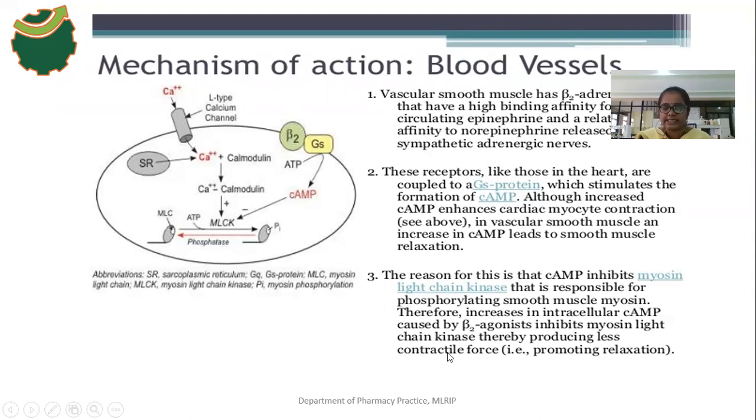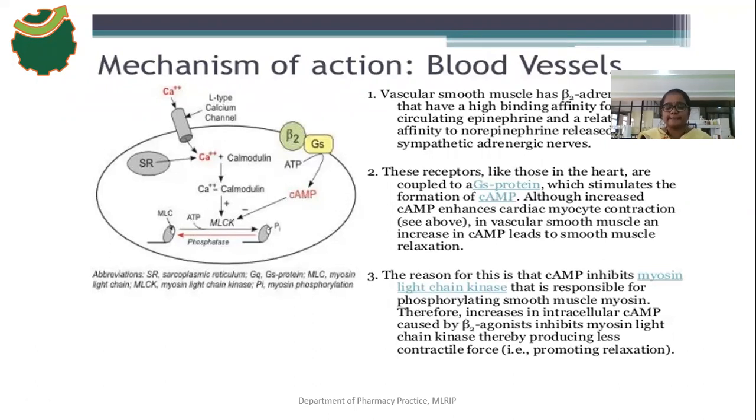Okay, and there is a decrease in the contractile effect and an increase in the relaxant effect. So what is the action of adrenaline on blood vessels? Vasodilation. Why does vasodilation occur? Due to increased formation of cyclic AMP. That cyclic AMP inactivates MLCK, so there is no phosphorylation of myosin protein. Okay, there is no contraction effect.